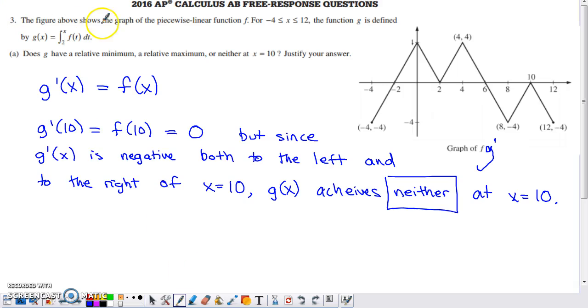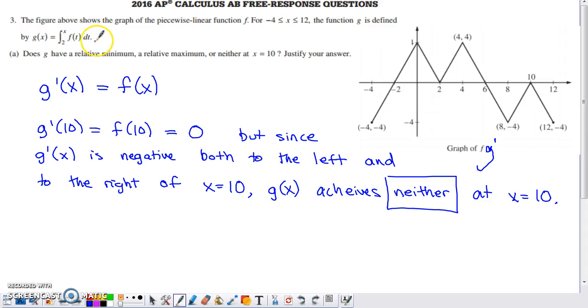So this is problem number 3. It's from the 2016 AP Calc AB and BC exam. And this is a non-calculator question where they give you a graph of a function f. And f is a bunch of line segments. And they tell us that this new function g is going to be defined as a definite integral that depends